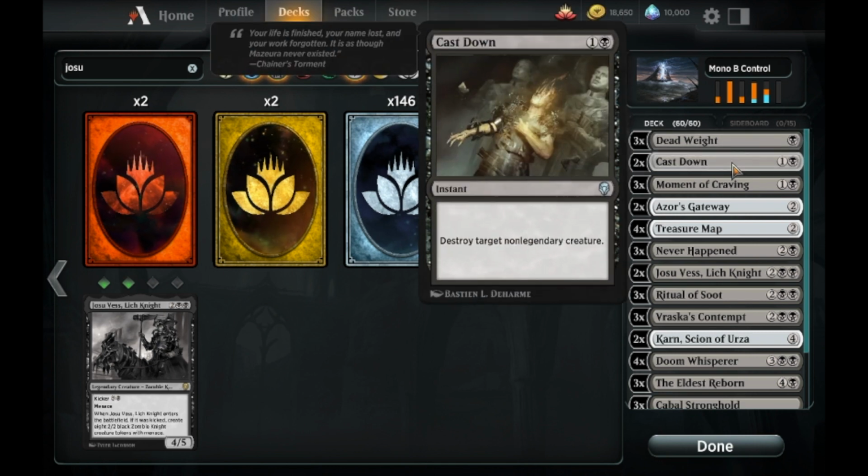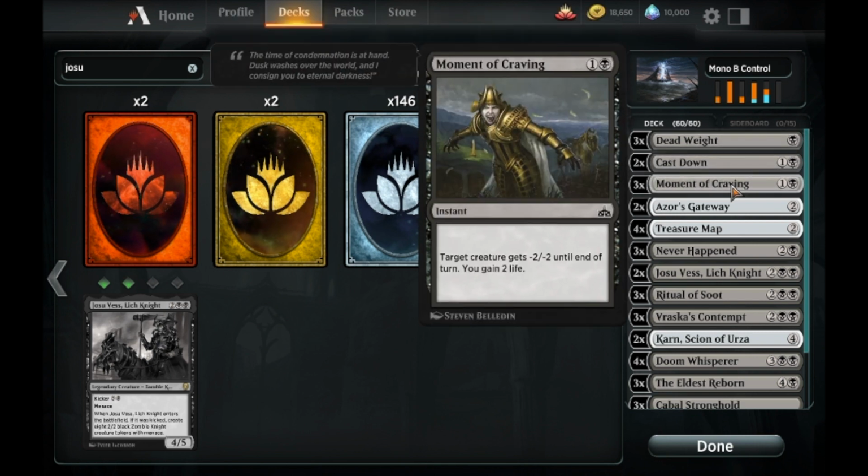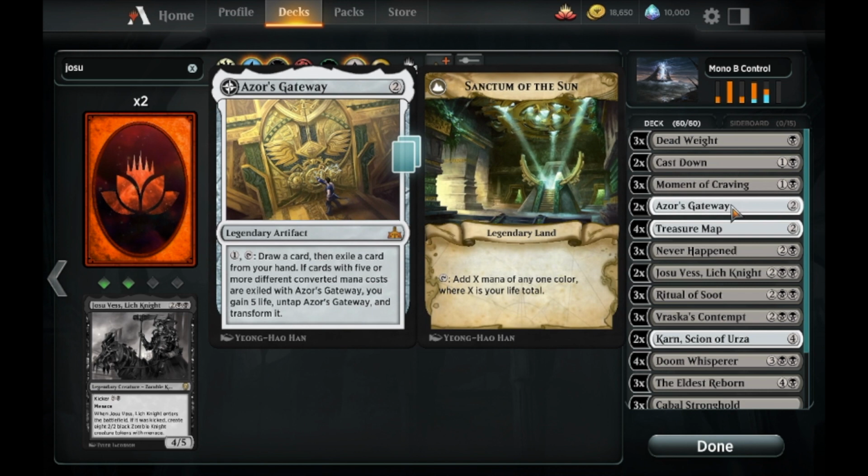Running 2 Cast Down to help us remove some larger creatures, 3 Moment of Craving, again against the Danto Vanguard, and it helps us gain life, which against aggro can be a huge deal. Running 2 Azor's Gateway, this can help us filter our hand and draw more cards. Plus, if we get to flip it, then we can use it to kick a Josu Vess, which is basically